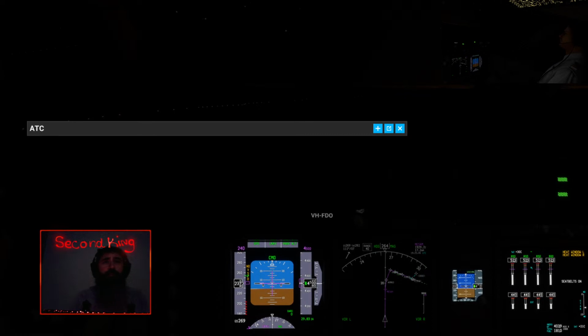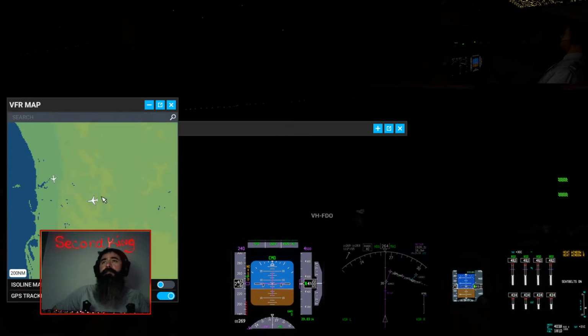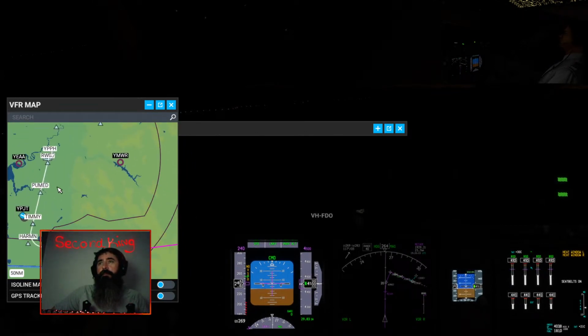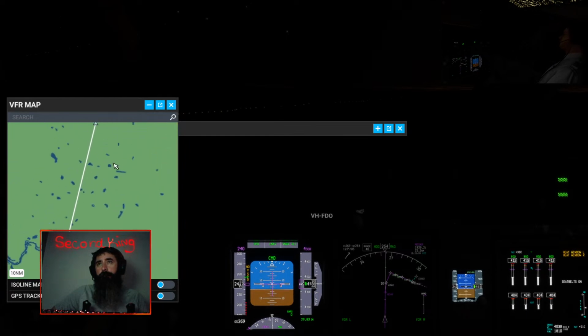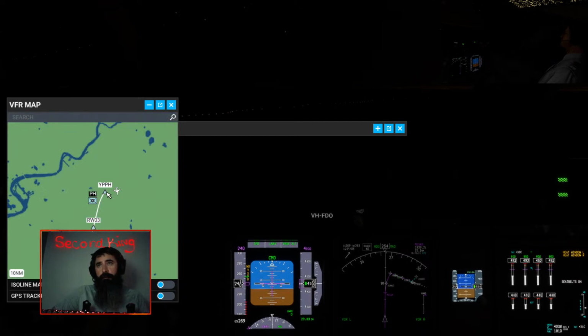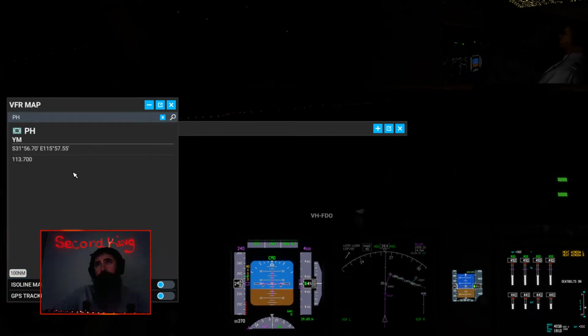Alright, so we're getting up. Now, I have no idea if I have... This is lagging something chronic. Disable that so we can come over here. Useful.